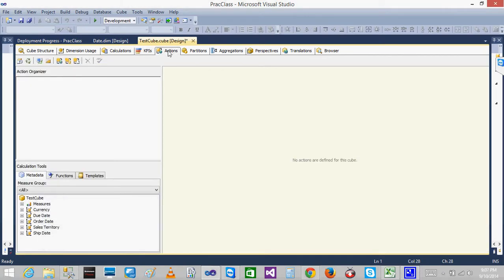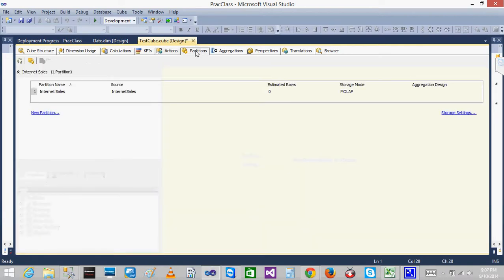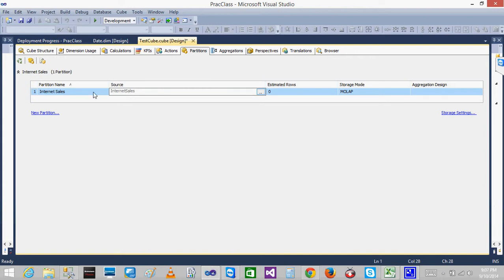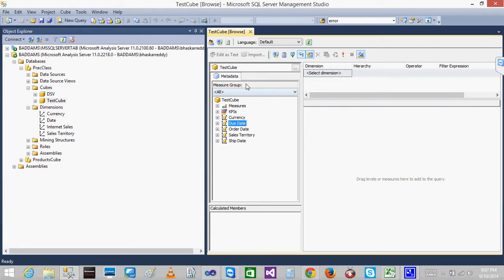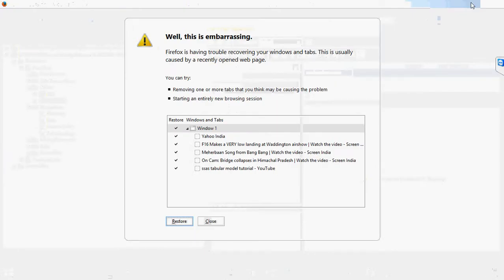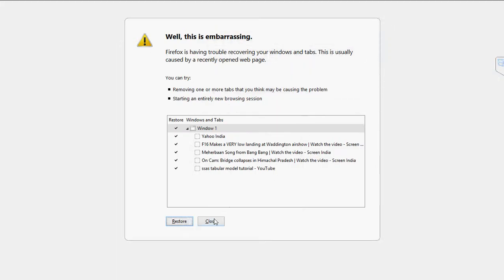Actions. If you want to create some actions, you can define them, and this is nothing but the partitions. Basically, as I already said, whenever I deploy the cube, I need to process the entire cube, so because of that it takes more time. Let's say if I don't want something like,